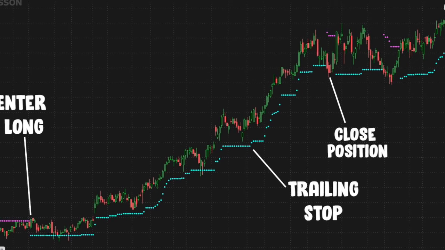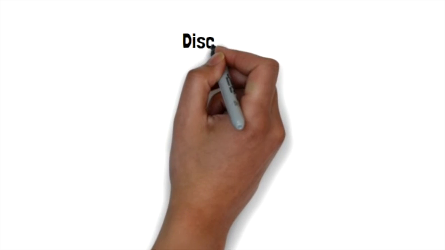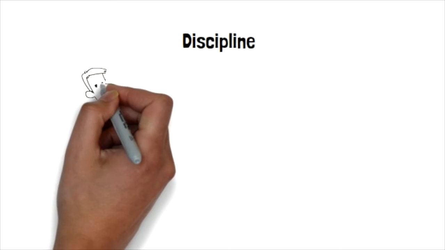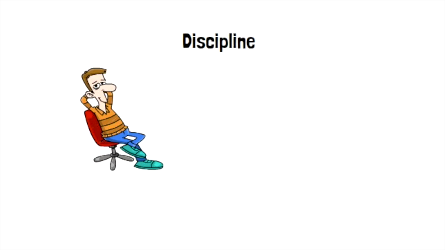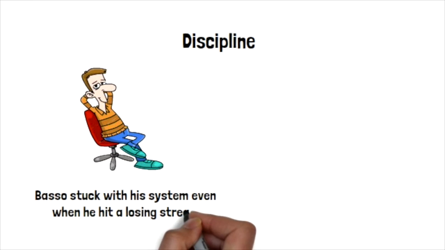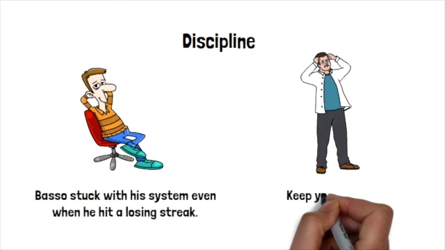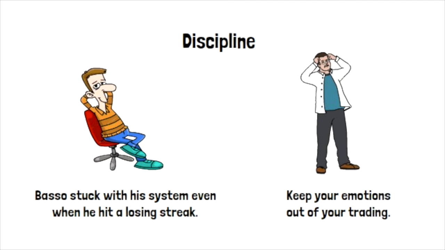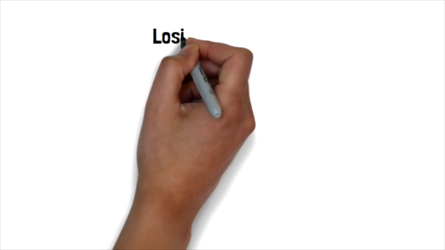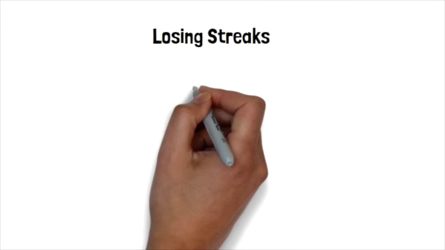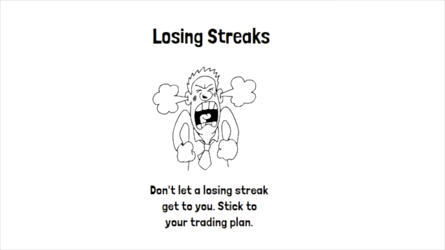It is also important to note that Basso did not override his system. This is where most traders go wrong as well. They get emotionally involved in a trade. Maybe they don't want to take a loss and override the sell stop. Or maybe they get emotional and take profits too quickly. Either way, they are really not following a system. Rather, they are trading purely out of fear and greed. In addition, many traders just can't deal with losing streaks. Rather than realizing no system is perfect, they begin to tinker with their system in order to improve it, or they just decide to jump to a completely new style of trading. Either way, they usually end up frustrated and in a deep financial hole.